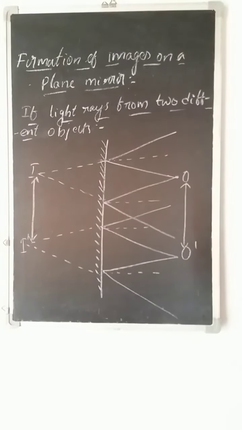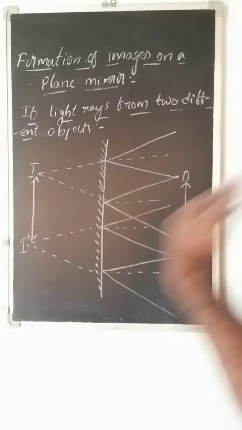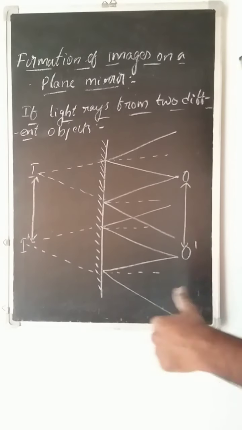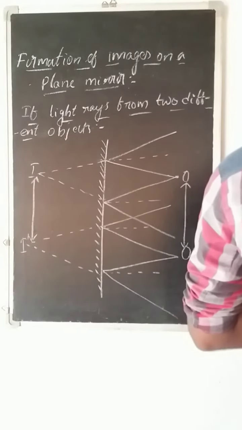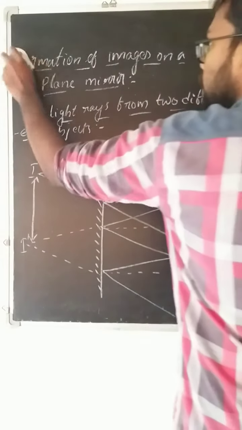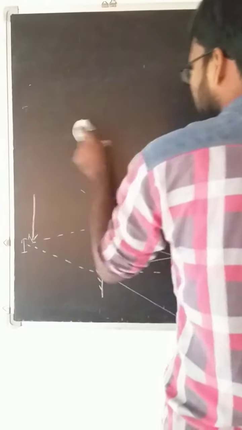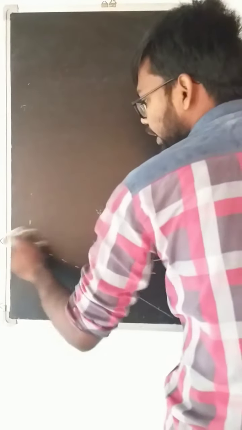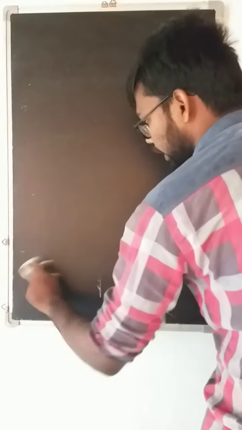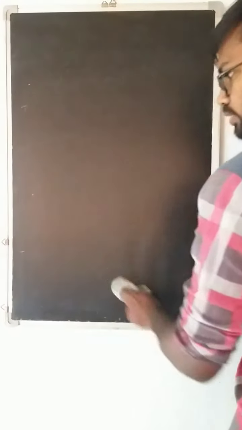Now, if we consider some mirrors, images will be formed in the opposite direction, which means left will be right as well as right will be left. If we consider a few objects, images will be formed in reverse manner. I will show you one diagram. The diagram is,